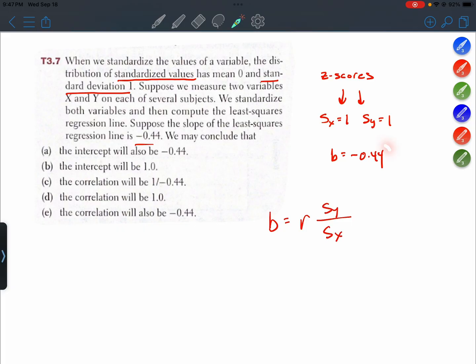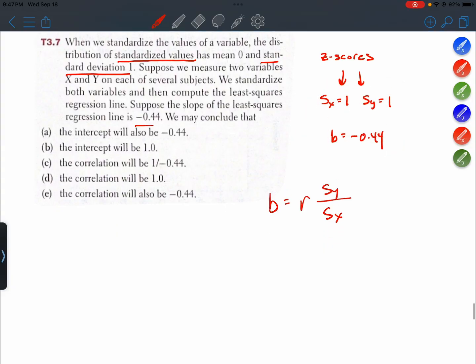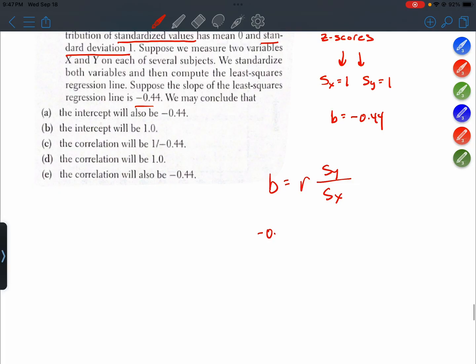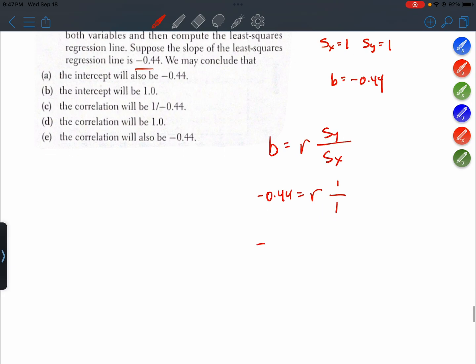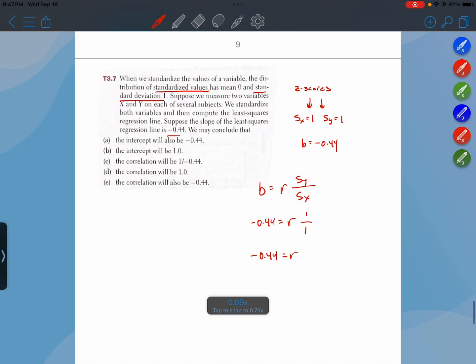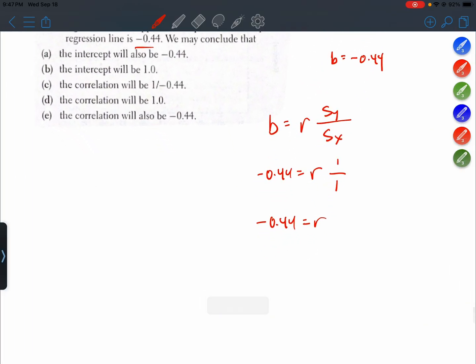Well, we know 3 of those values. Let's plug them in. Negative 0.44 equals r times 1 over 1. That just simplifies to negative 0.44 equals r. So in this situation, if we standardize things, then the slope and the correlation will just end up being the same value. So the correct answer choice here is